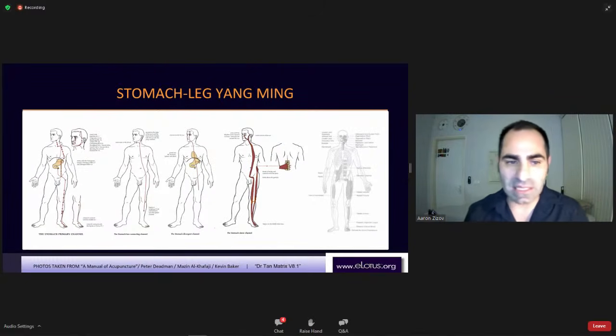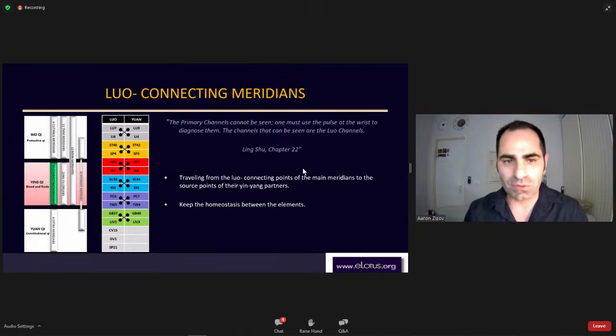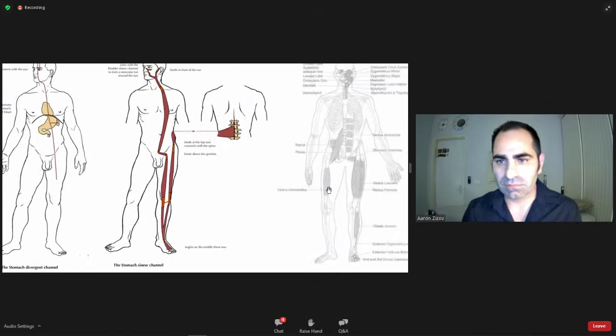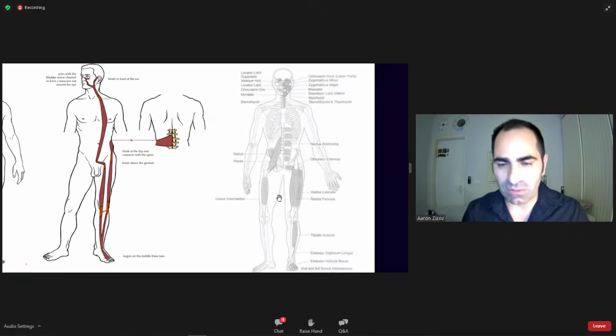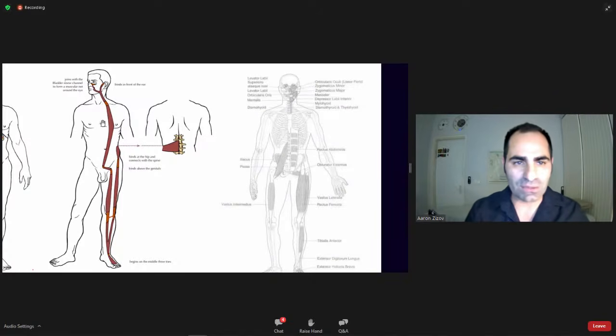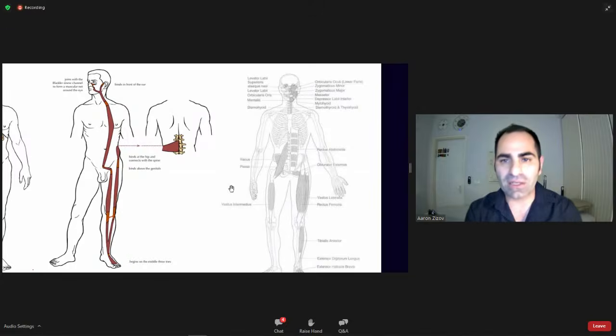So again, the same idea is to understand the different pathways through the primary channel, the Luo, the divergent, the TMM, and as Dr. Tan did, to make the connection even to the specific muscles, which I use a lot in the clinic, because many times when a patient comes, of course we can see that through the TMM, but when we see the exact muscles, we can relate that to the diagnosis patients come with.